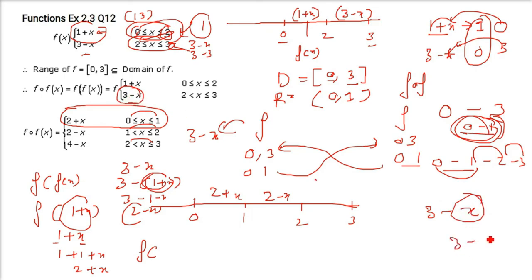If you put this, it is going to give you what? No. So I'll just change 1 plus x. See, I'll just show you. In place of x, you are going to put 3 minus x, because 3 minus x is between 2 to 3. So 1 plus x, in place of x, you are going to put 3 minus x. It is going to give you 4 minus x. Okay? So this is the solution.